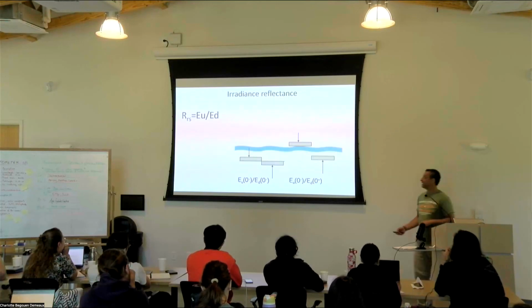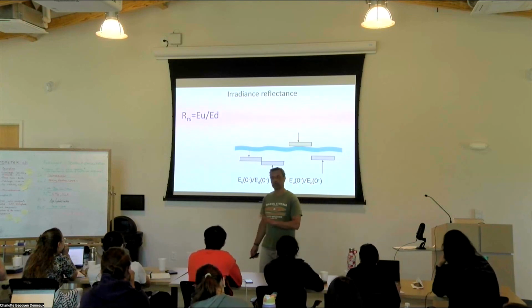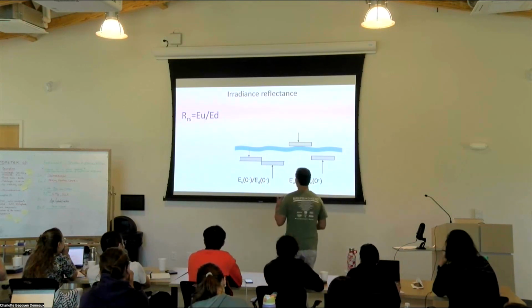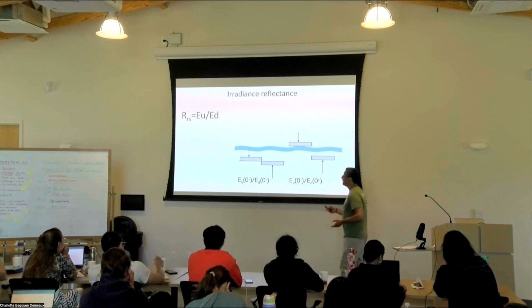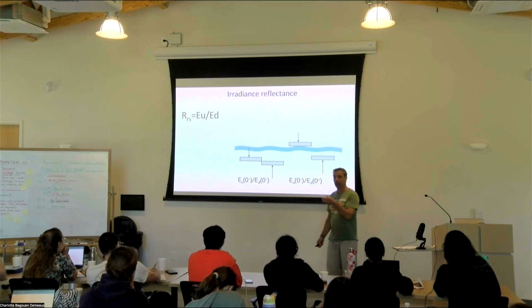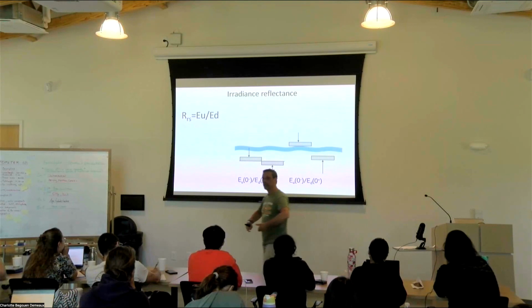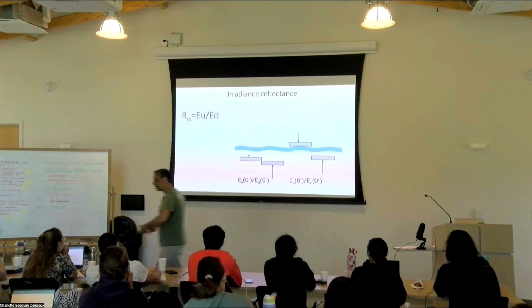All the beautiful complications. So there's also something called an irradiance reflectance. We currently do not measure it, but it's important for you to know because it's in the literature. And one of the beauties of this is that it's measured with an irradiance meter both up and down. One of the beauties of this is that you can use the same instrument. So you have no calibration